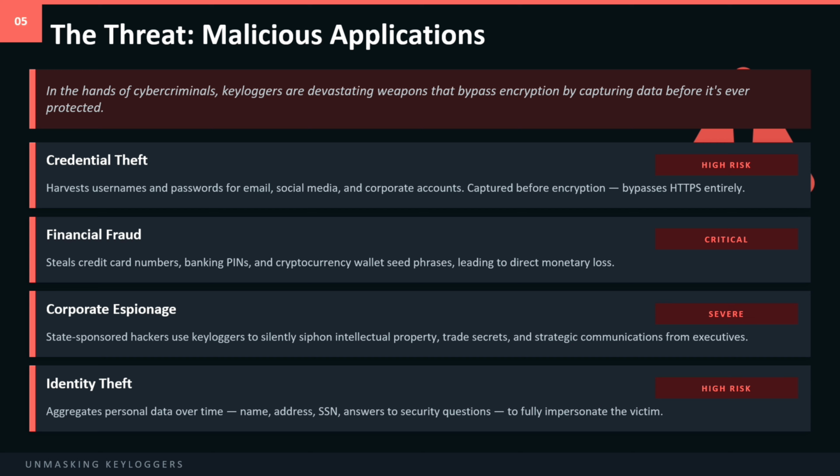If he bypasses that also, then he can take any money that is present in your account. Okay. Next one is corporate espionage. State-sponsored attackers install keyloggers on executive computers. Not for quick money, but for long-term intelligence gathering. They will install that and catch the trade secrets and strategic communication that is happening between the